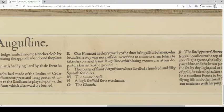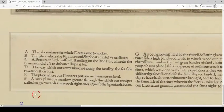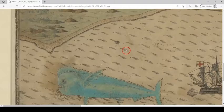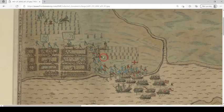Augustine, where dwelled 150 Spanish soldiers. Notice the really weird method of creating S's. You see that a lot in printed materials from this time period. So if we go back up to the town of St. Augustine, one other thing I thought I'd point out right here is marked with the letter